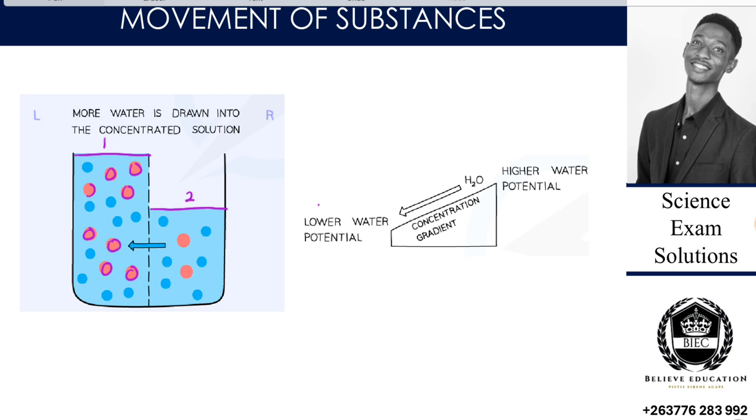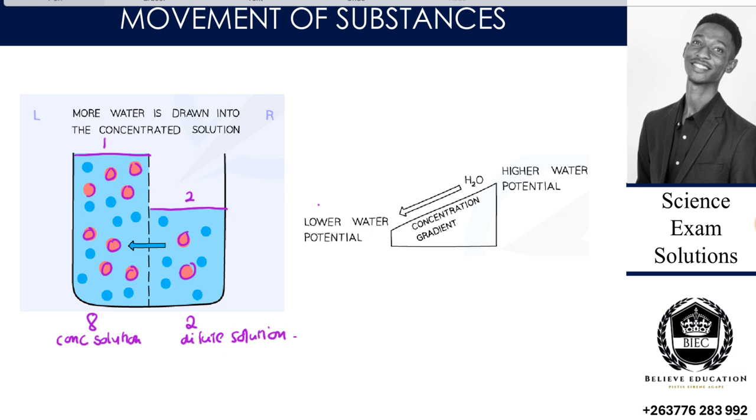So we have these red ones, 8 of them are solute, the red. So if there are 8 solute here, then on this part how many? There are 2. So which means to say that this solution is what? More concentrated. So this is the concentrated solution. Then on this side, with 2, is the dilute solution.